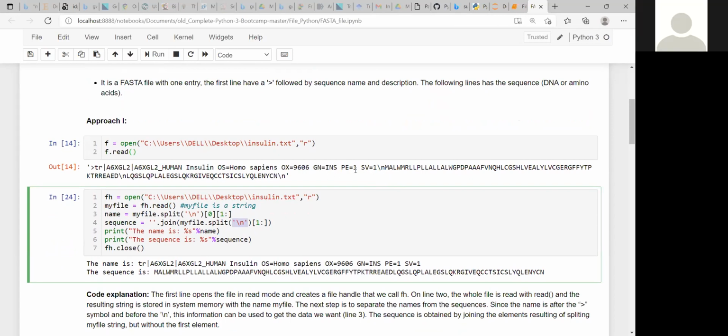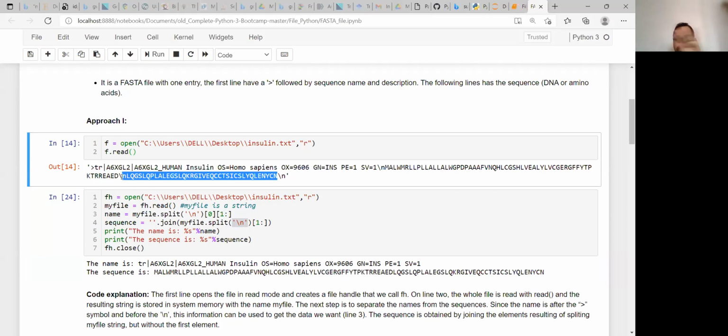It will go up to this and then it will split. Again, it will read up to this \n and then it will split. And at the last, it will be split again. And this way, it will separate the elements. So actually, how many elements will you get? 1, 2, and 3.